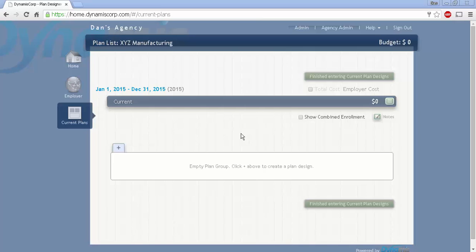So once we clicked finish in our coverage period setup wizard, we come now to what we call the dashboard. This is where we're going to be building out the plan designs for our employers. Now, the first thing we really want to understand in working with Dynamis is the way that plan designs are